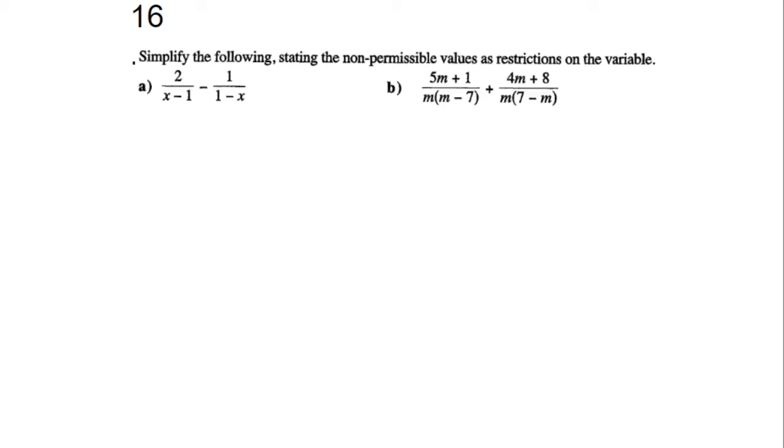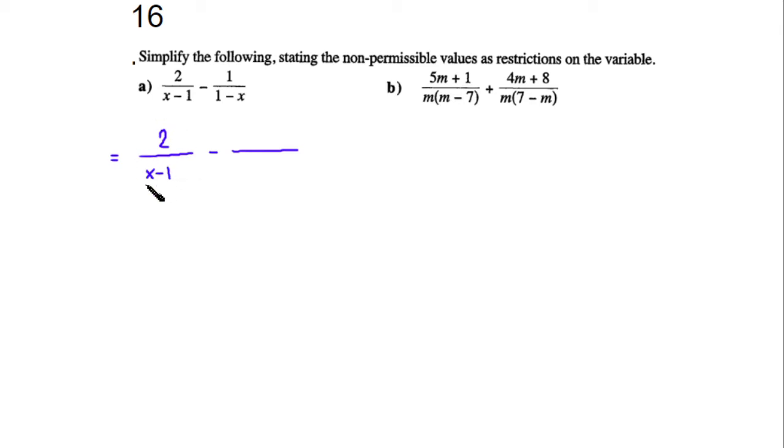This is question number 16 from the Rational Expressions and Equations assignment. Simplify the following, stating the non-permissible values as restrictions on the variable. So what we need to do here is find a lowest common denominator, because we're subtracting quotients here, or rational expressions. So to help us find the lowest common denominator, we're going to